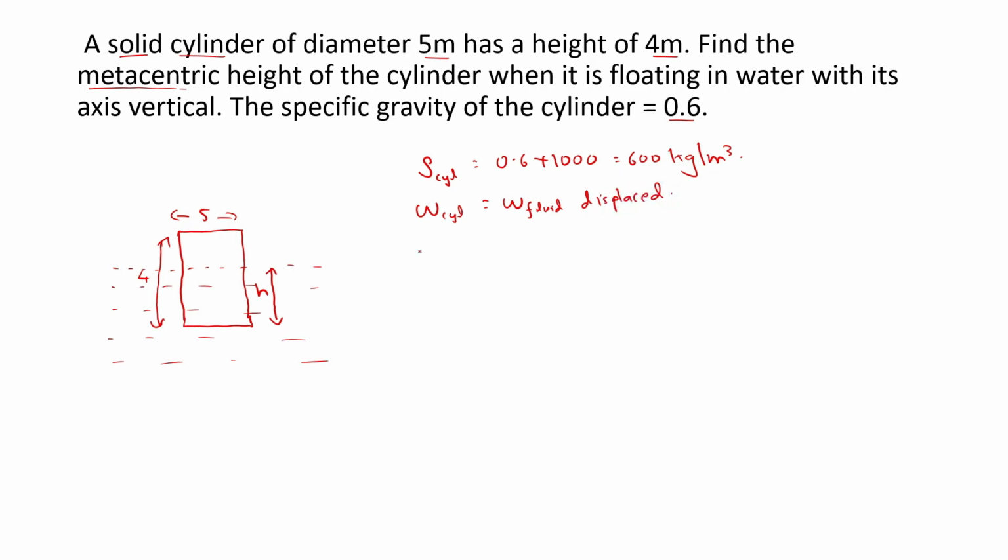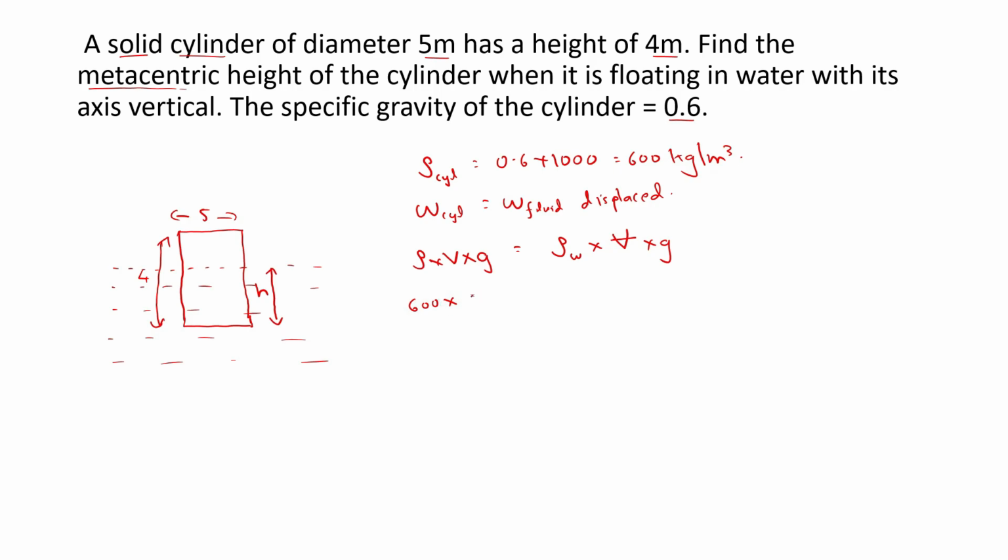So weight of the cylinder is rho into the total volume into g, and weight of the fluid displaced is rho of water into volume of the fluid displaced into g. So what is the total volume? This is 600. The total volume is